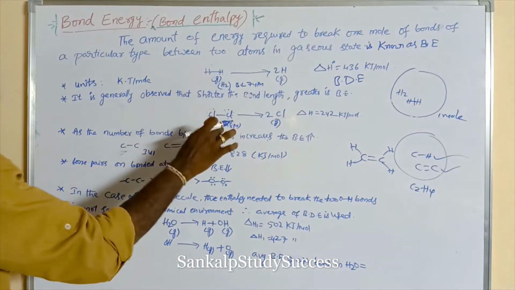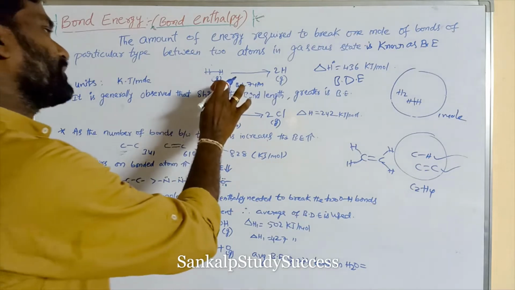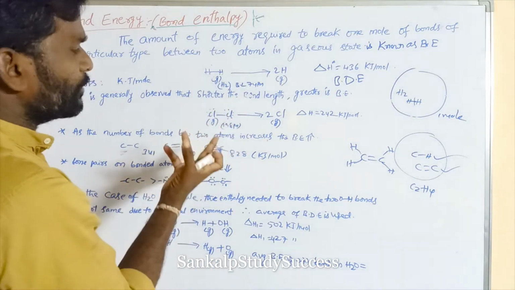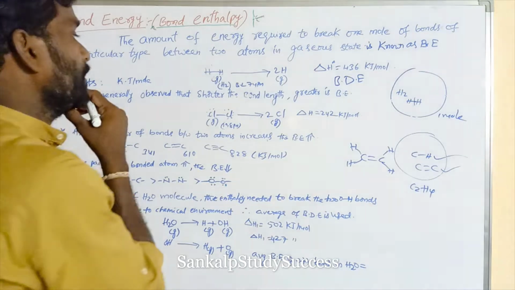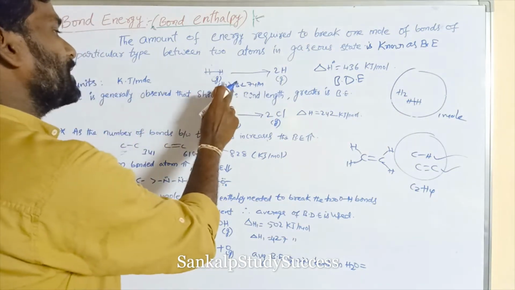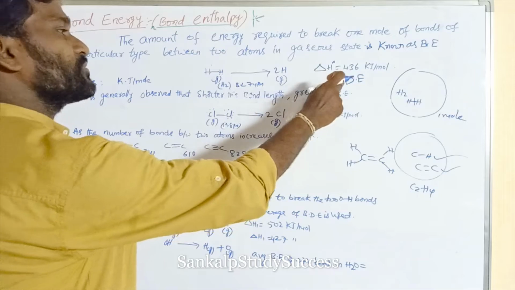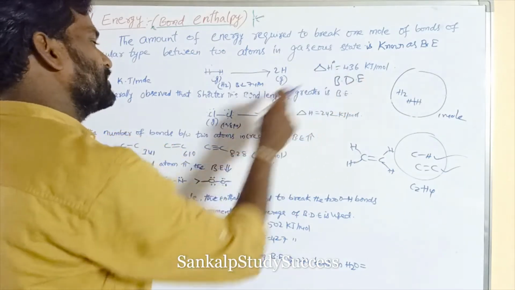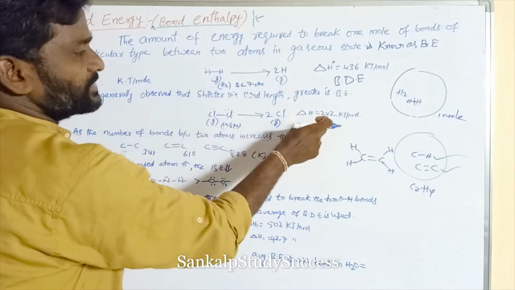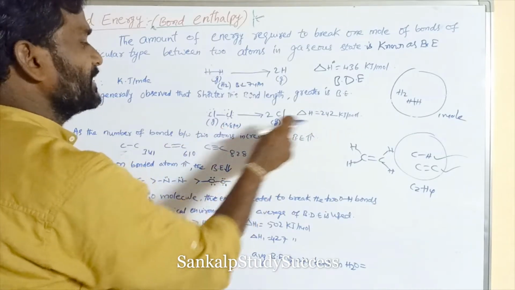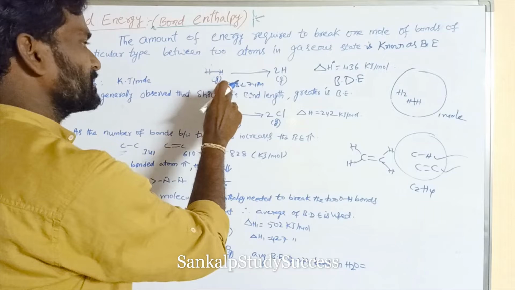So in H2 and Cl2, which has more bond length? Cl2, due to more atomic size and repulsion between the lone pairs. Here H2 has a lower bond length. Its bond dissociation energy is 436, but Cl2 has a high bond length. Its bond dissociation energy is less. That means if the bond length increases, bond